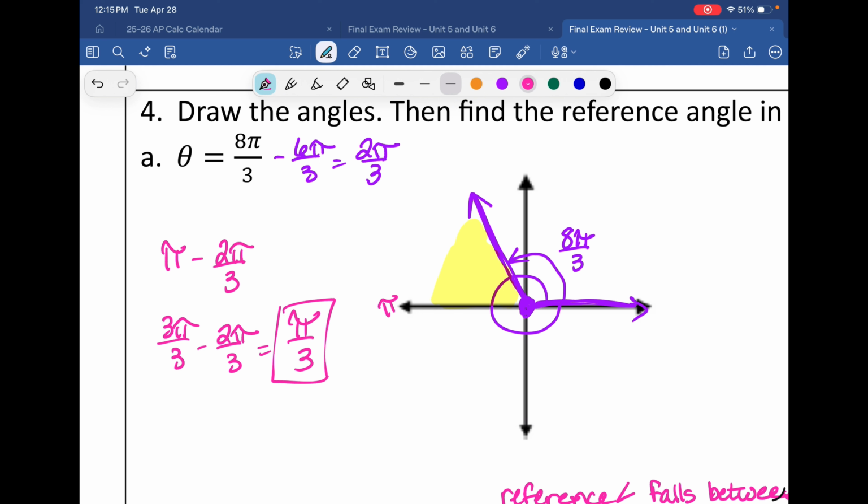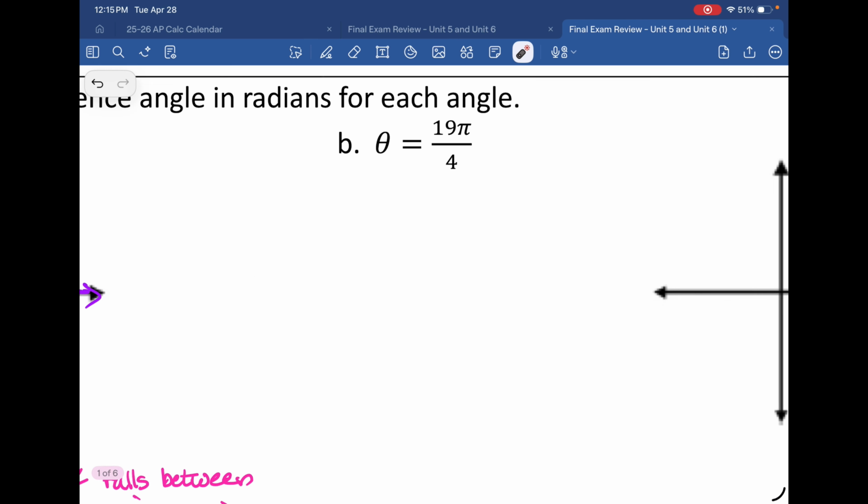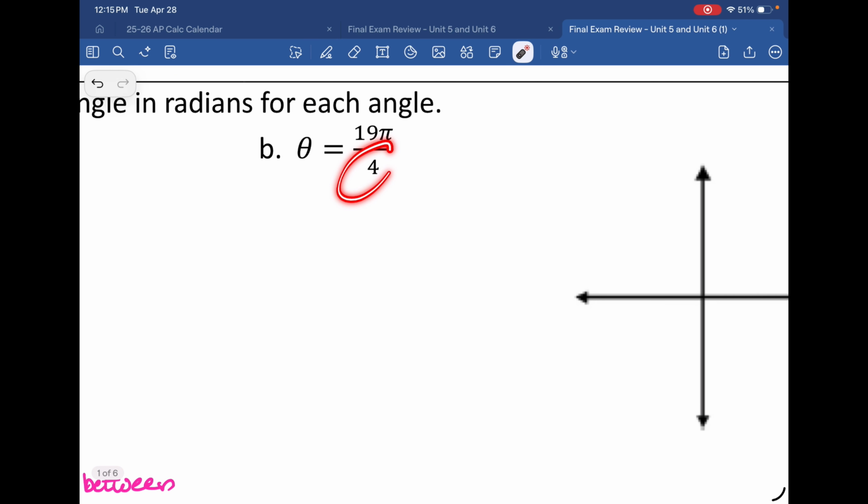Is pi over 3. I did also tell you with unit circle values, pi over 4, pi over 6, pi over 3, if your denominator ends in one of those three numbers, your reference angle is pi over whatever. This ends in 3, so the reference angle is pi over 3. If it ended in 4, it would be pi over 4. And of course, that's the next one. This ends in 4, so I already know that my reference angle